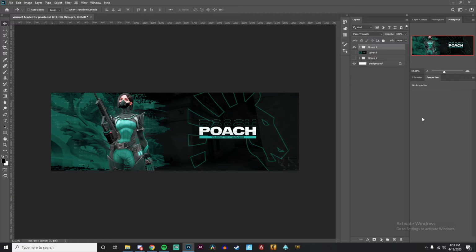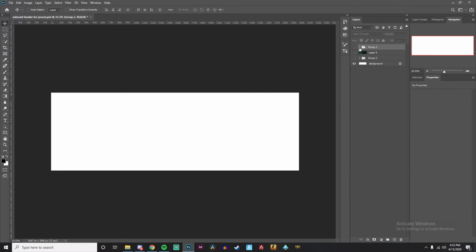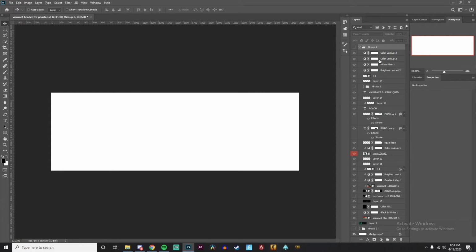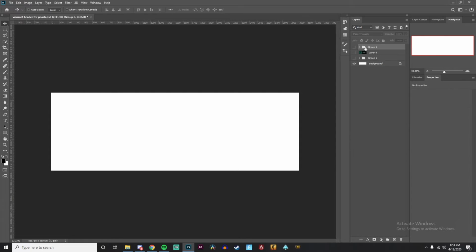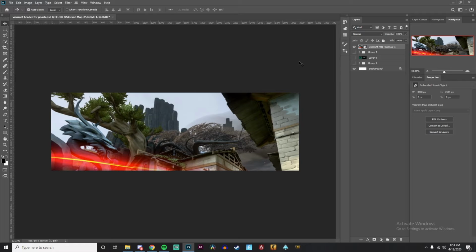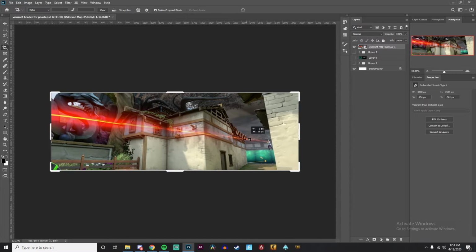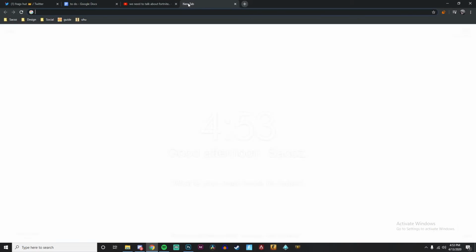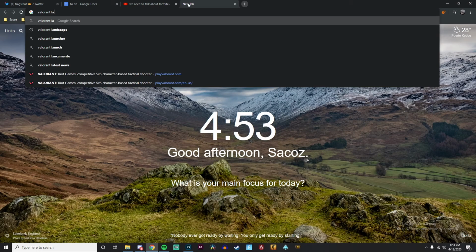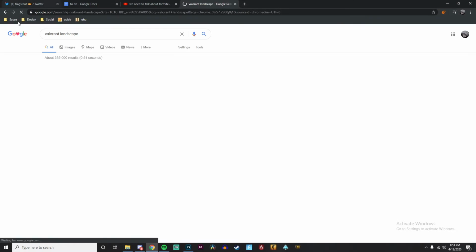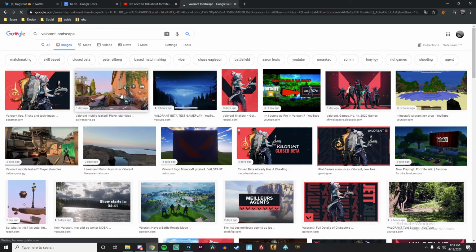Alright, first thing I did is the background. So we're going to get on with the background, okay? The background is very hard to find currently, but this is the background I used. It's just a normal Valorant background. If you go to Google and put something like Valorant landscape, you will probably find a bunch of